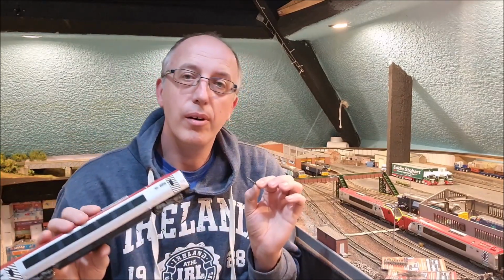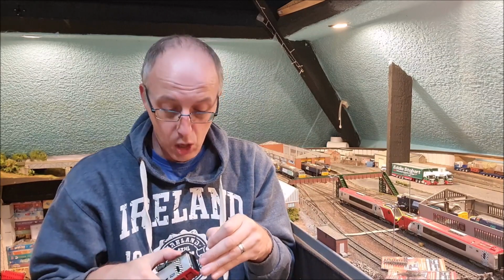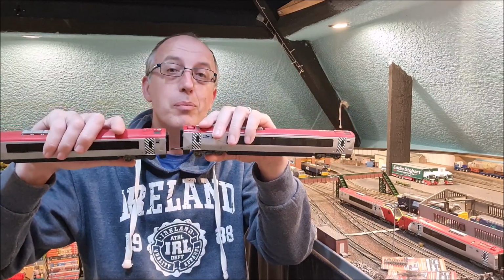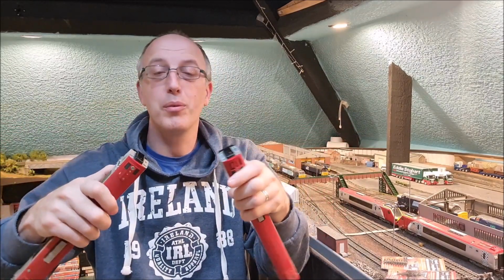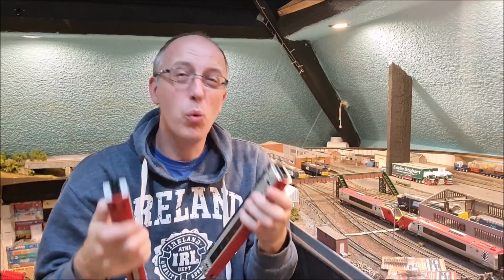Now, I never liked these because you basically got to connect the whole train together, put them on their side, and then tilt them over onto your track. Some people manage to get them to connect up on the track, with some positive moments from that. It wasn't particularly that easy, didn't always work, was a bit fiddly,